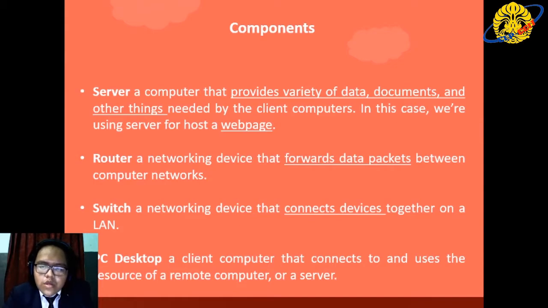Each port on the switch is in a separate collision domain and can run in full duplex mode, which means the host connected to a switch port can transmit to the switch at the same time that the switch transmits to them. Next is a PC desktop. A PC desktop is a PC client, or a computer that connects to and uses the resources of a remote computer or a server.